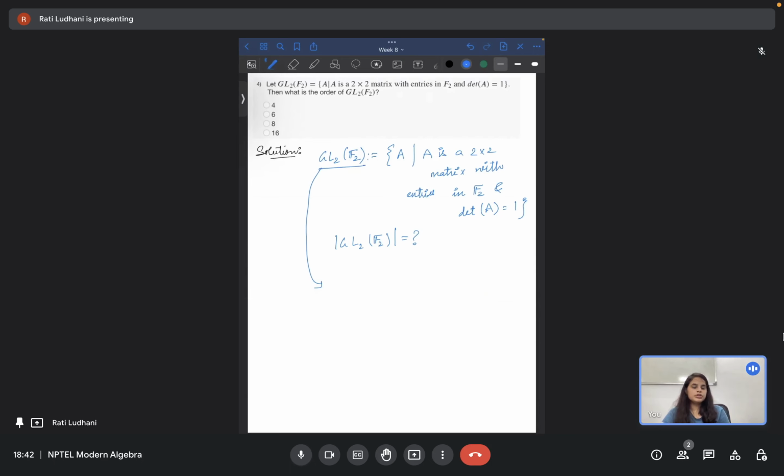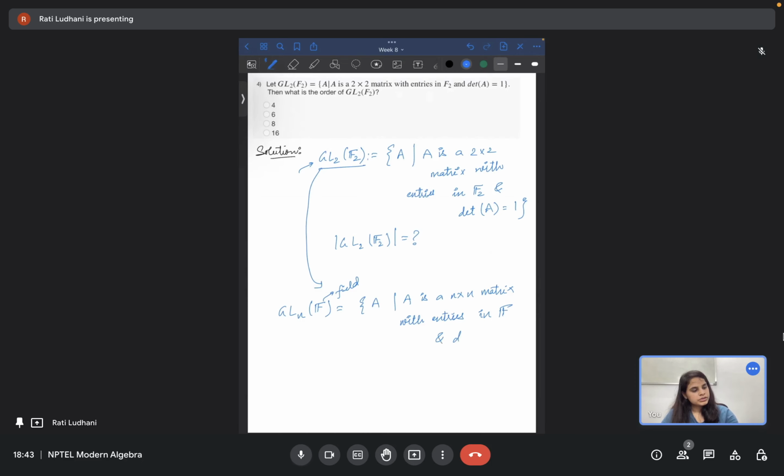I'll write it for the information, in general for a field F: A is an n cross n matrix with entries in F,